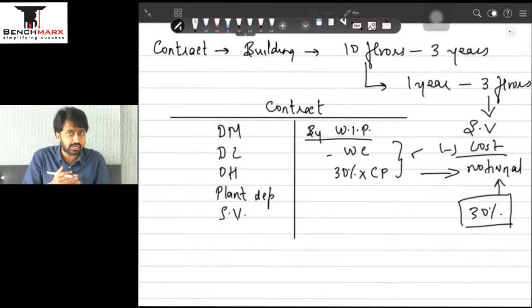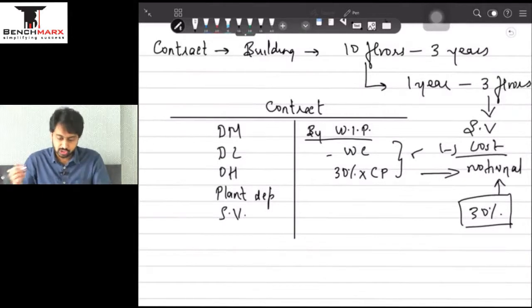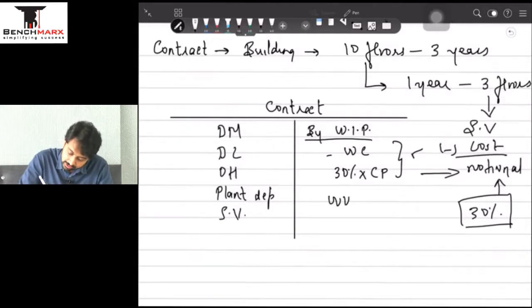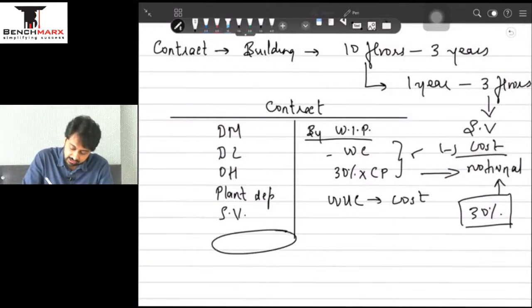Then it is possible that I have built the 4th floor also, लेकिन for some reason the contractor or the surveyor certified only 3 floors. So the cost of the 4th floor is nothing but cost incurred but not certified, or work completed but not certified. This will be your work uncertified, and work uncertified always comes as at cost. This is more like closing stock. And finally I will get something called as a notional profit.